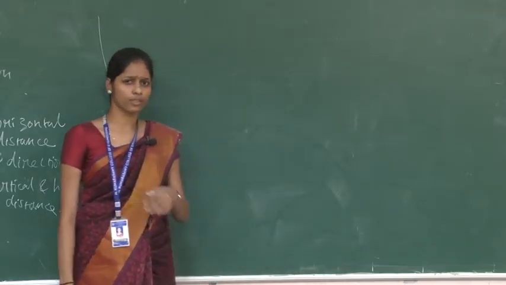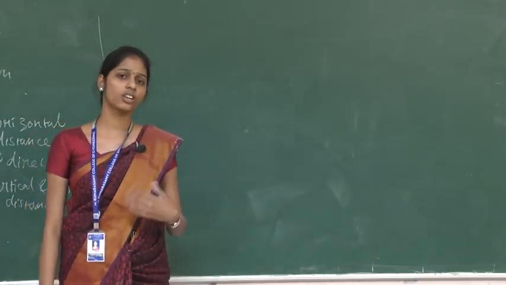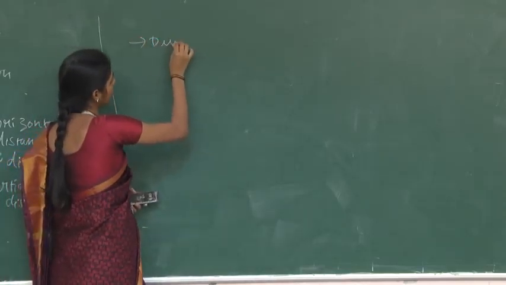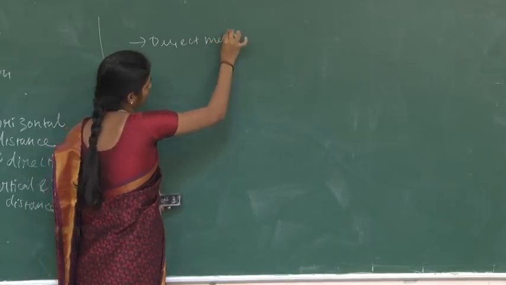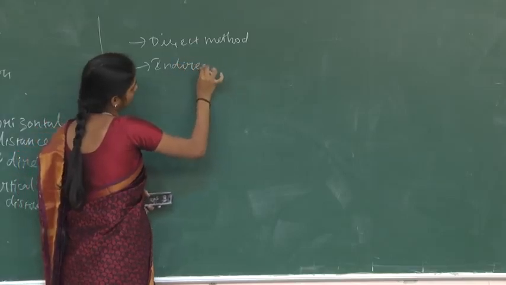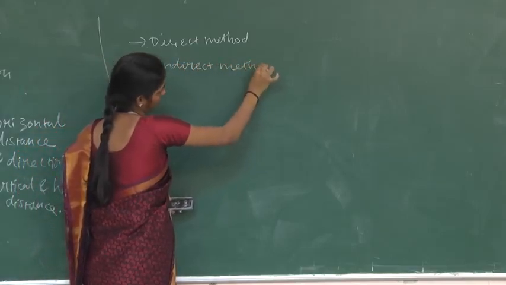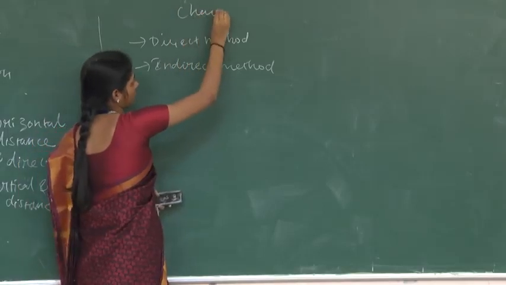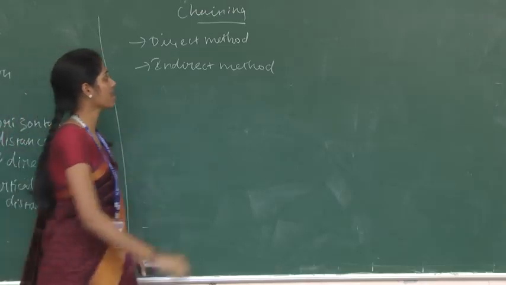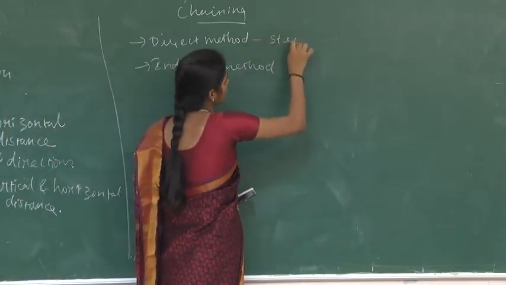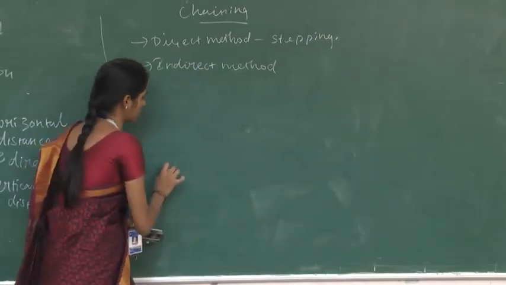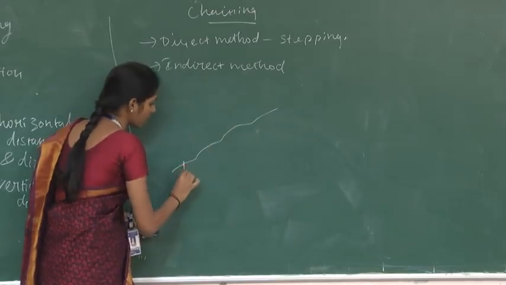Next we are going to see about methods of chaining. There are 2 methods of chaining. First one, direct method. Second one, indirect method. A procedure called the stepping method is adopted in the direct method. If you are chaining a slope area, a steep slope area like this, we have to mark several stations